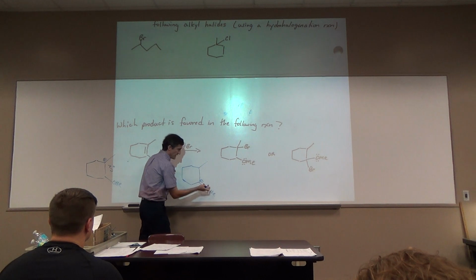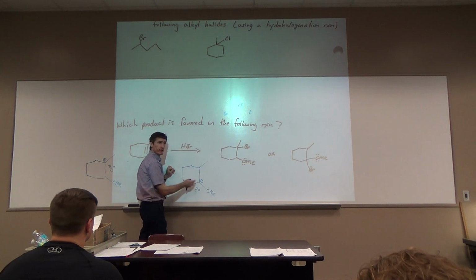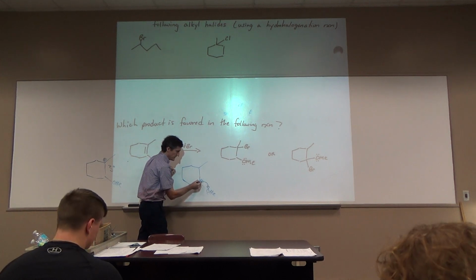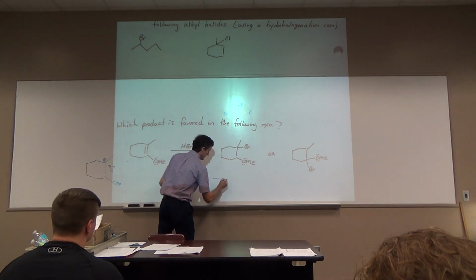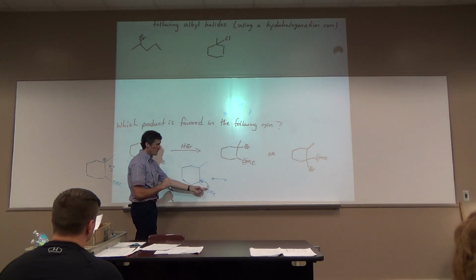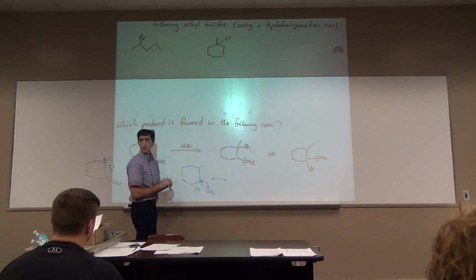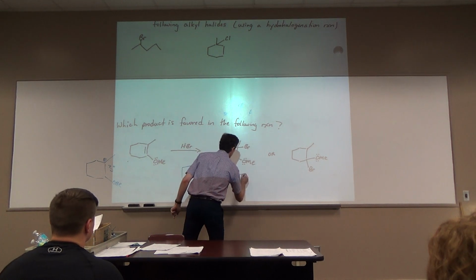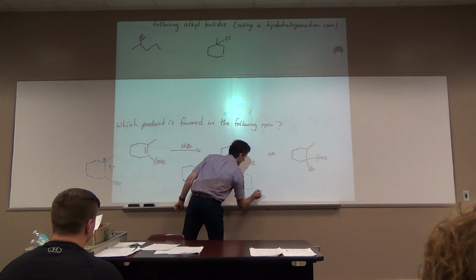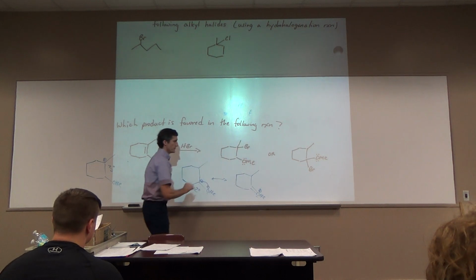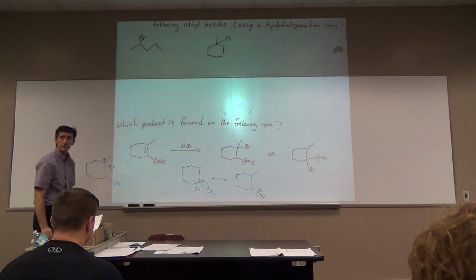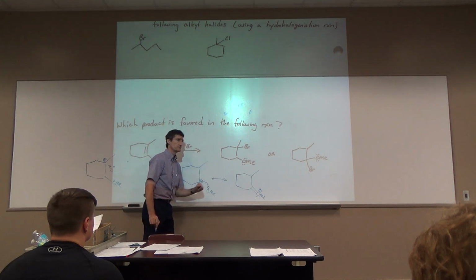Resonance is, on day one, we would have said this carbon needs a bond, and if we can get it some bond, it makes it better. Well, next door has a lone pair. What if this lone pair comes in here and starts sharing and makes a bond? All we're doing is moving pi electrons, because one of these lone pairs is in a p orbital. Why? Because there's a p orbital next door. And if we make a bond here, one lone pair left, positive charge there,